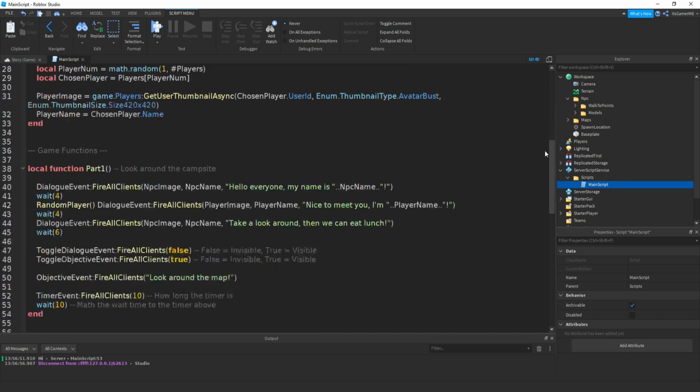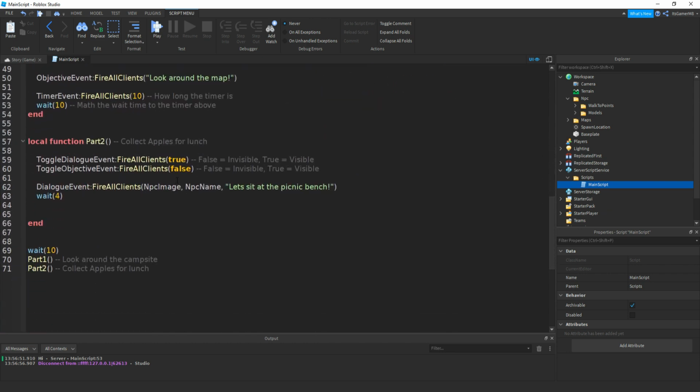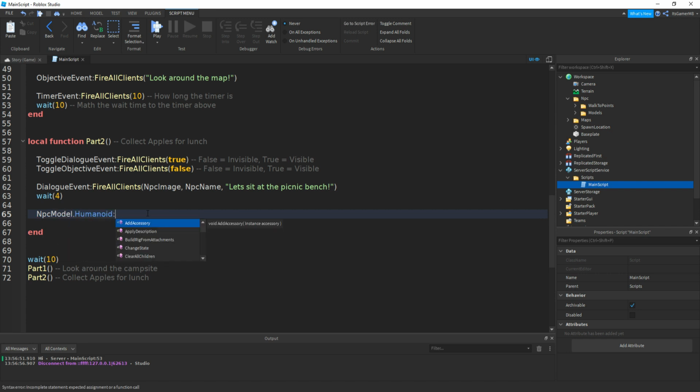If you scroll down to our new function, and to make it walk, if you type in npcModel.Humanoid:MoveTo(walk2points.picnicPoint